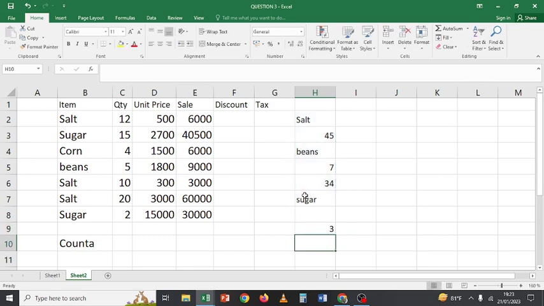Let's see. It has returned 3. Why? Because there are 1, 2, 3 numbers. Just count, it counts numbers. CountA counts all the cells that are not empty. And then there is another